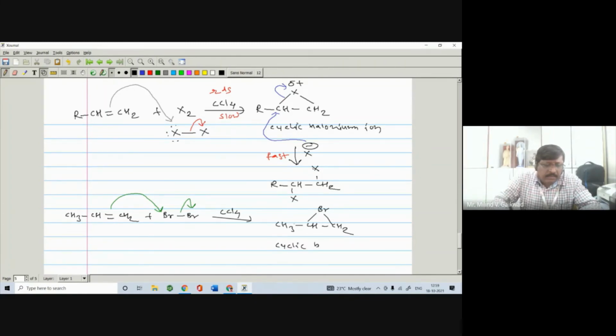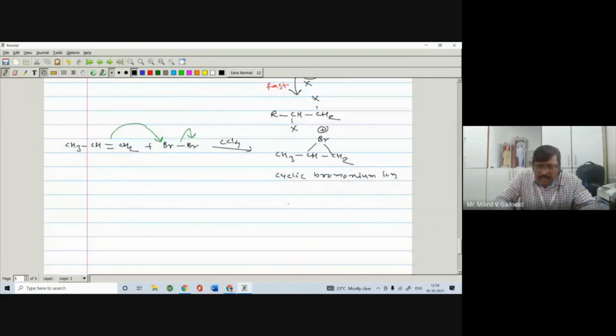Cyclic bromonium ion formation takes place, and there is a positive charge, right? And further, the Br negative will attack. So this is a slow step and requires more time, and this is the fast step. The rate of reaction depends upon the slow step, and further you can open any bond, either this bond or